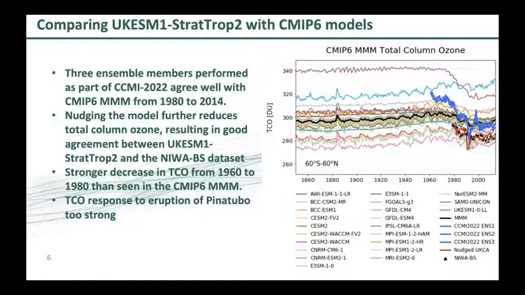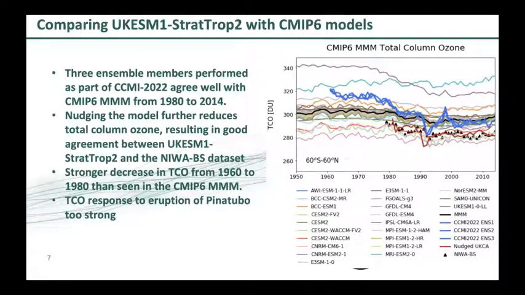Okay, but then so the CMIP6 multi-model mean obviously isn't observations. I'm going to go one slide forwards. It's higher than the observations, which are shown here in the black triangles. But interestingly, when we nudge the model, to give it the kind of specified dynamics from observations, the column is reduced again and now sits almost perfectly on these observations, which here come from the NIWA-BODEKER